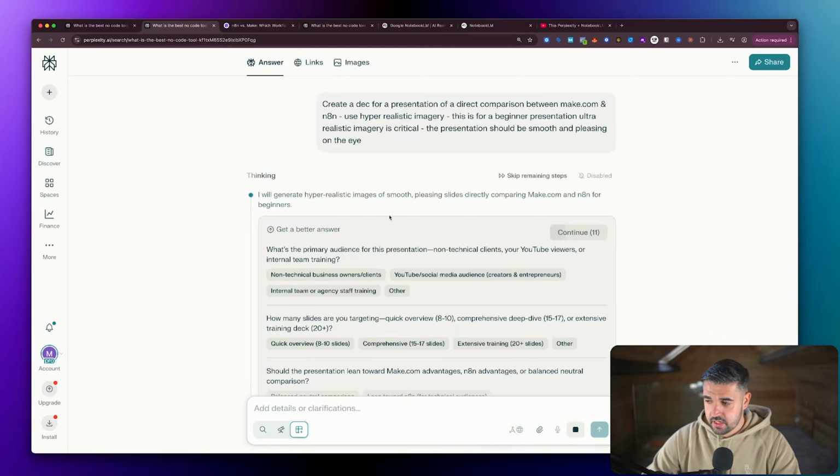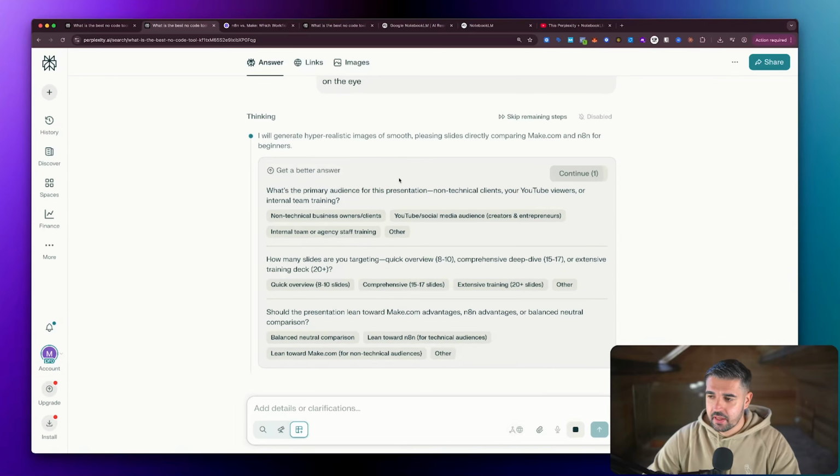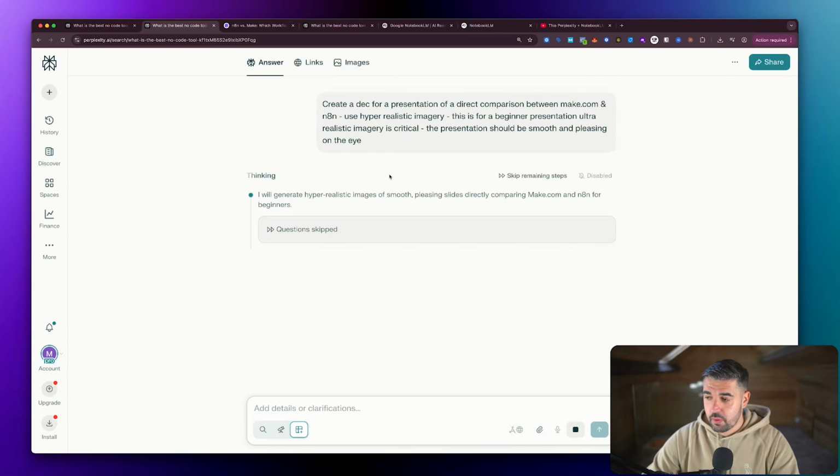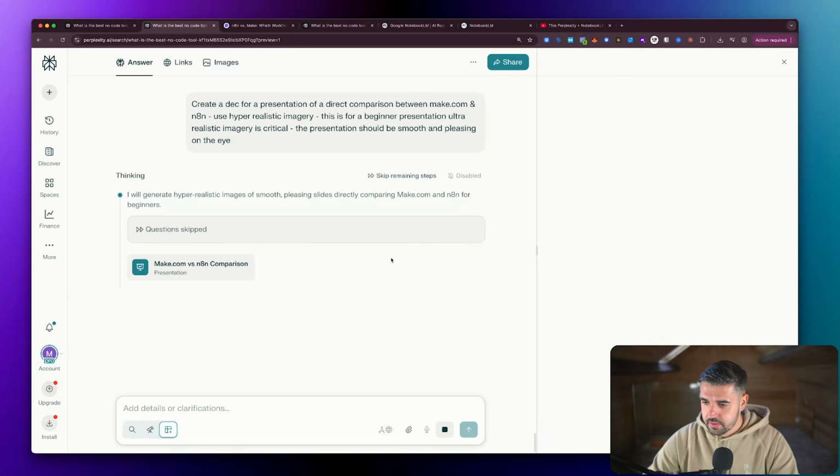This is now going to create its own individual deck, and it's going to create a presentation alongside it. Now, when it comes down to the output of these, you've seen them earlier in the video, but we're going to be able to compare them side by side. Now, this is where Perplexity effectively fails. I could have got a better answer, but here we are. This is what was produced.